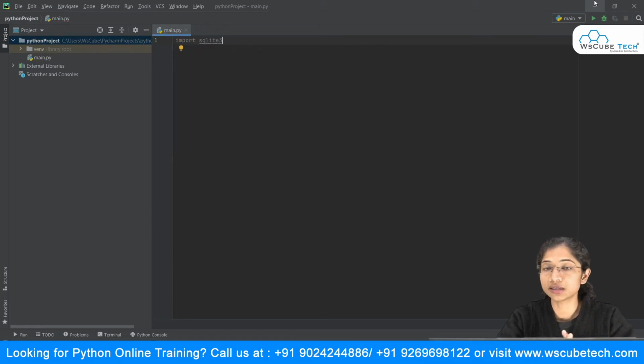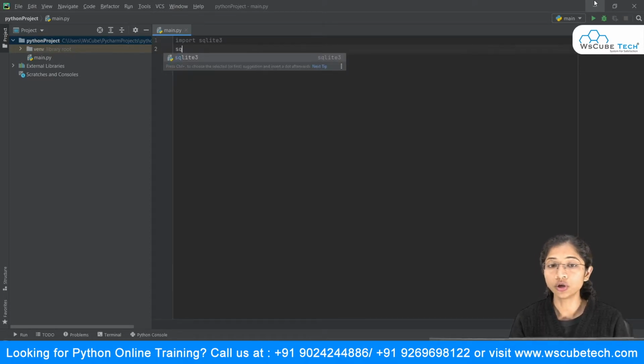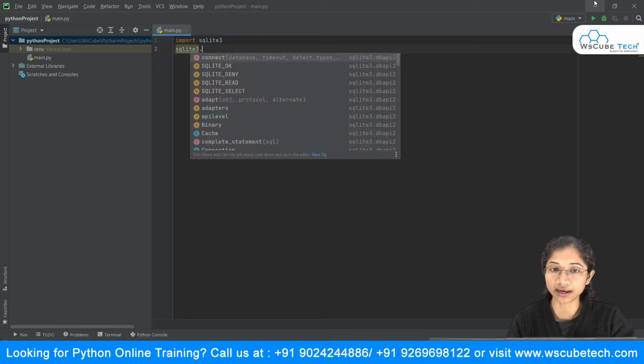And the second step is that we have to make use of the connect method, and this connect method is inside your sqlite3. So in order to use it, we simply write sqlite3, and as soon as you give it a dot, you can see this pop-up, and in this the first one is connect.